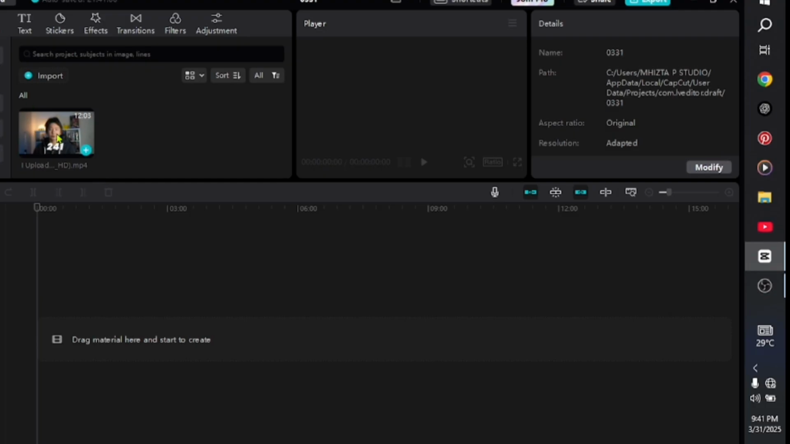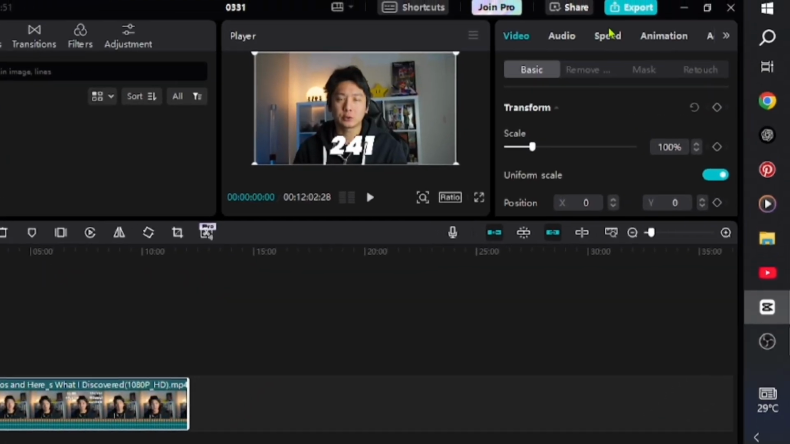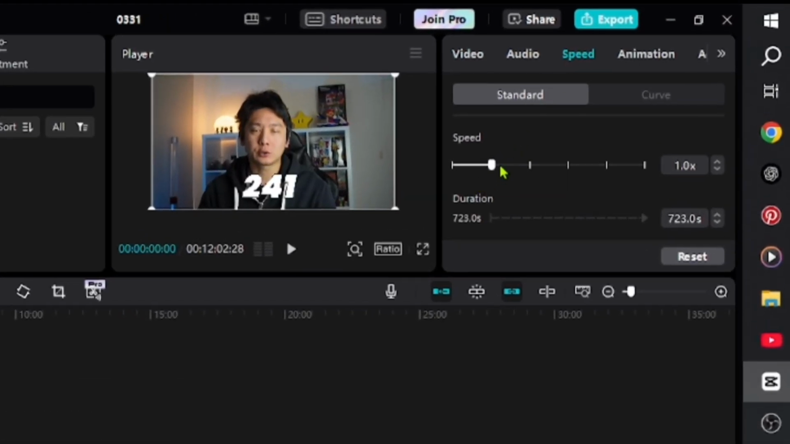To do that on PC, just drag and drop your file, and then above this place you are seeing speed. Just click on speed and then increase it to 1.1. You can use this arrow here to increase or decrease it depending on how fast or how slow you